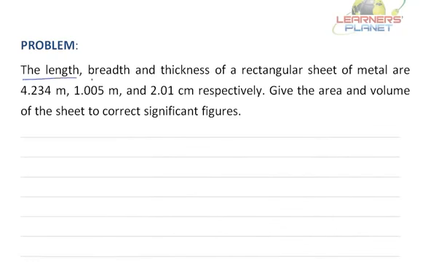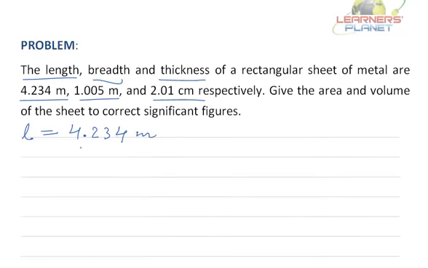The length, breadth and thickness of a rectangular sheet of metal is 4.234 meters, 1.005 meters and 2.01 centimeters. Okay, let me write it down. It is